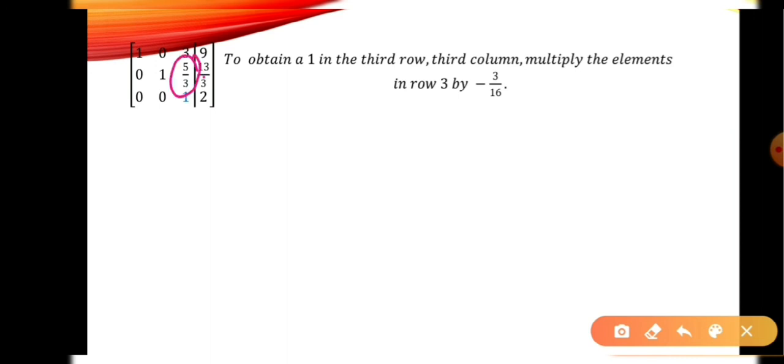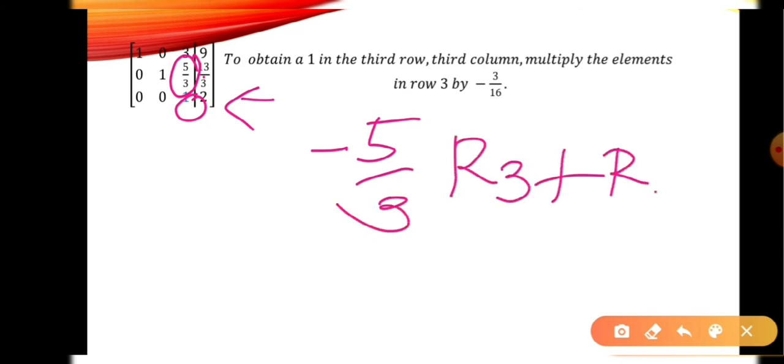Okay, so next is you have to make this 0. So again, here is your hint. That is the very reason why you need to solve for the value of 1 first. So what should be added to 5 over 3 to make it 0? So it's going to be negative 5 over 3. So multiply your row 3 by negative 5 over 3